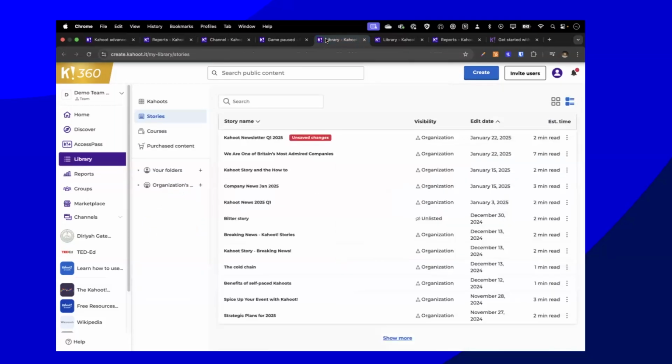So here we are. I'm in the stories part of the library. As you can see, there are a few stories in here. Similar to your Kahoots, you can have visibility to everybody within your plan, your team plan, maybe your organization, or if it's something that you want to share, maybe just with a link. For example, this particular story I shared with a colleague. The bitter story is actually a little bit of a play in word. It was about different Amaro drinks from Italy. But it was only particular for one person, so the whole organization didn't actually need to see that.